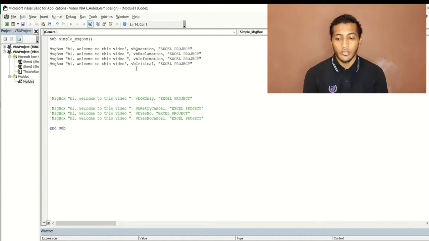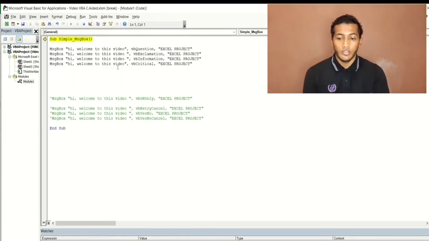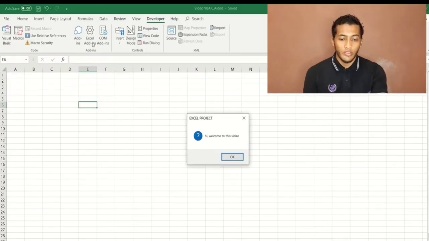Let's see how the coding works. I'll show you step by step, so we use the step into function. You can see the yellow highlight. It will go one by one to see how Excel reads the coding. Okay, see this for the first one. It has a question mark picture and says hi, welcome to this video. When we press OK,